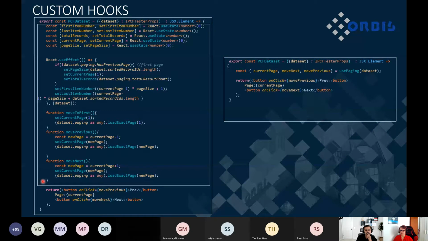Well, the naming conventions for the custom hooks, they should start with use, and the rest is pretty much free. So in my case, usePaging, there are a few